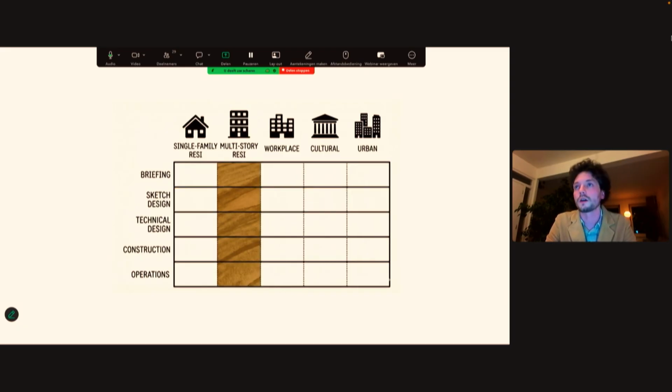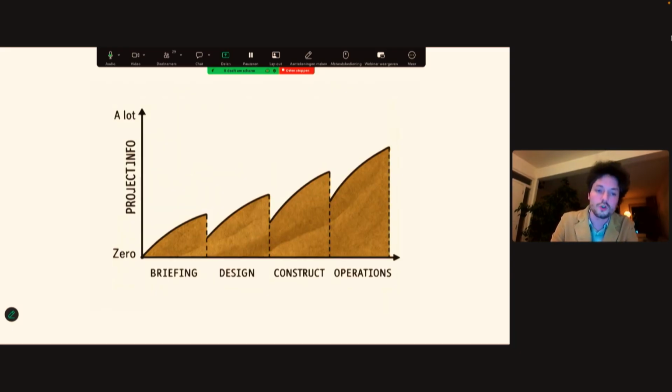So we make one little plugin that allows you to do the entire process in one go. The advantage of that is the following: usually your information during your project design goes up, but you lose a little bit of information at every transfer, right?